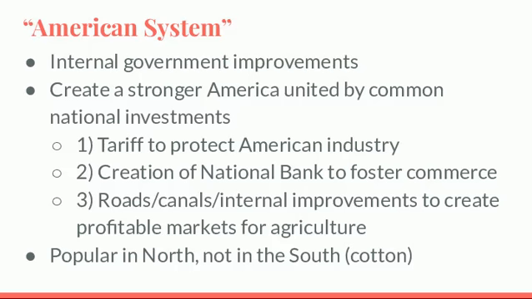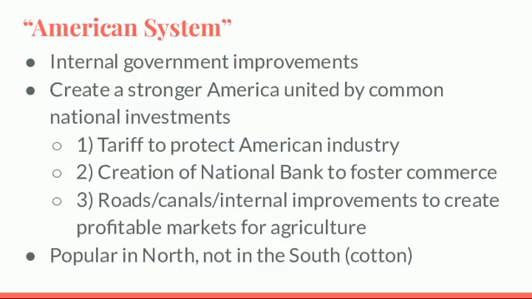So here's how it works. They begin to invest in the national government in three different ways. I would make sure to bracket these. You need to know all three of these are ways that the American System improves our government. The first, we create a tariff that boosts our American industry. The second is we create a new national bank.